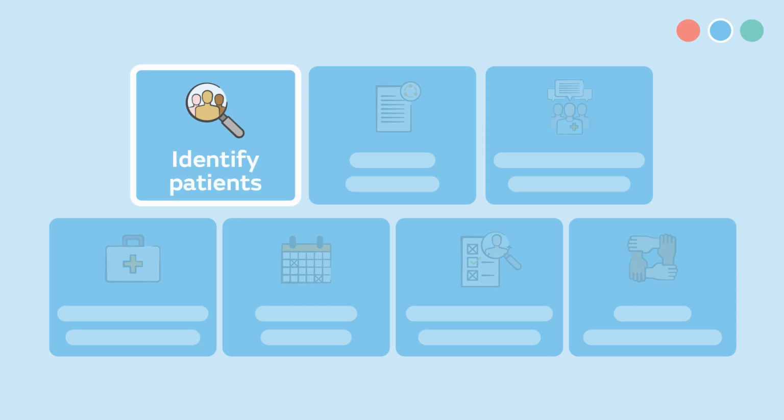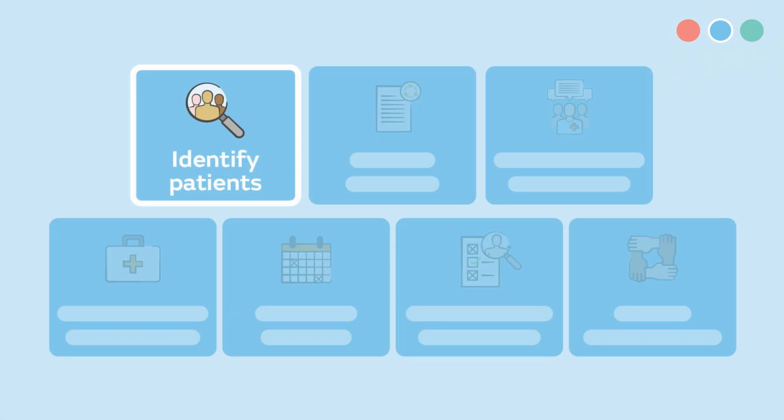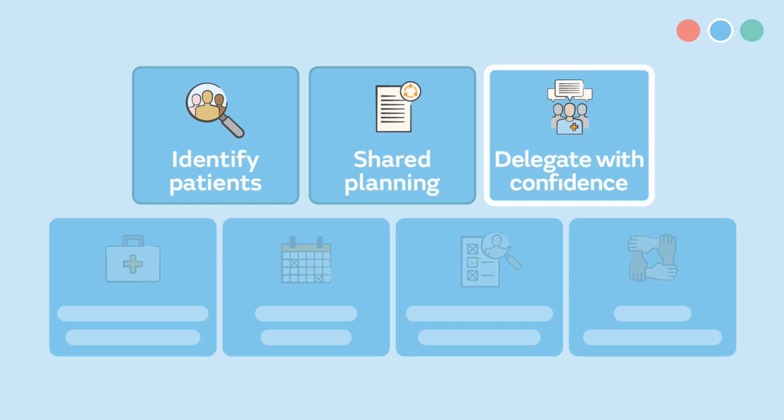Start with identifying patients for whom shared care is appropriate and who would benefit. Nurses can even scale up slowly, starting with patients in their current caseload who would be suited to this approach. Shared planning: use care plans that are accessible to all patients, families, nurses, and doctors alike. Delegate with confidence. Train caregivers and patients to handle parts of the care safely, especially dressing, observation, or wound hygiene